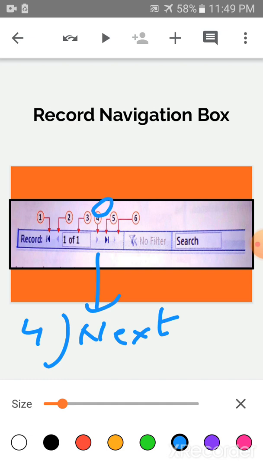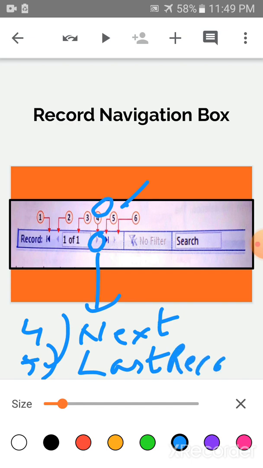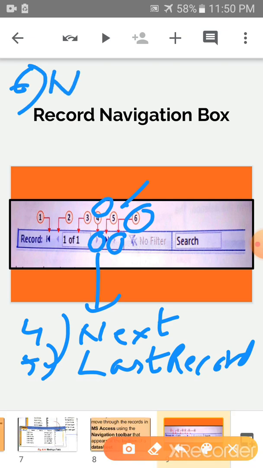If you want to see the next record, you can click on this button, number 4. Then number 5 is for the last record. Now the last is the 6th button. Number 6 is for a new blank record.